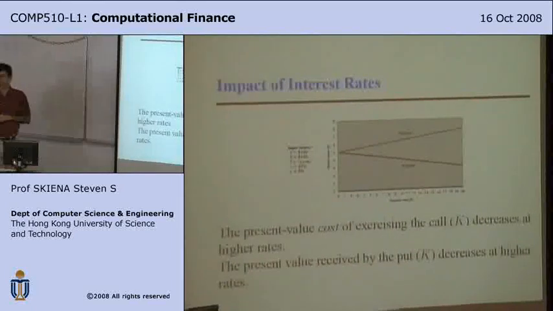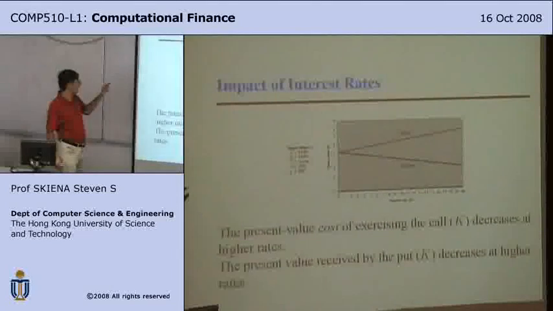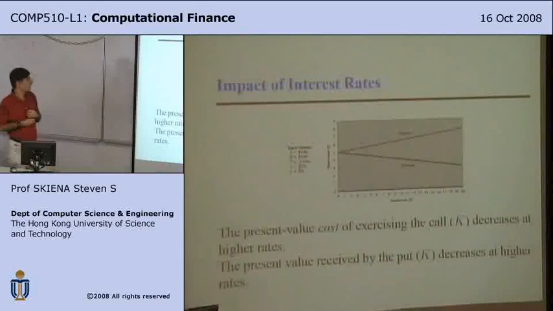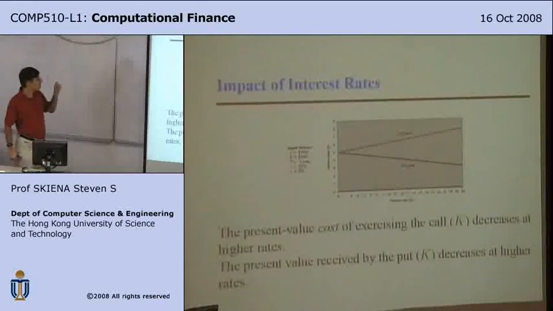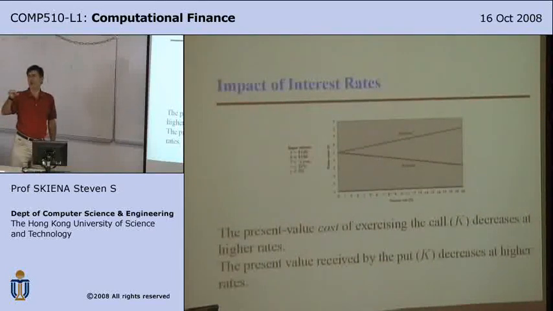And what about interest rates? How does the value of options change with interest rates? This is kind of interesting. It looks like as the interest rates increase, the value of a call increases, whereas the value of a put decreases. Now, why is that? Let's think this through. In a call, I have two things. I have an option to buy it at a price, and then in order to execute it, I have to spend a certain amount of money for it. Is that right?